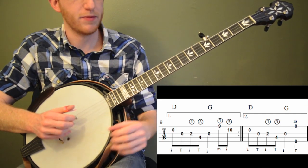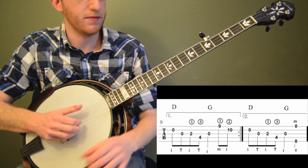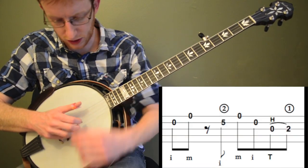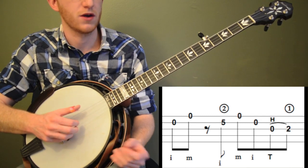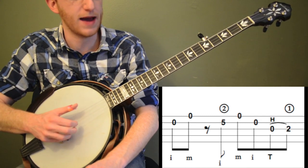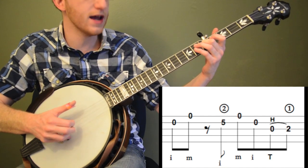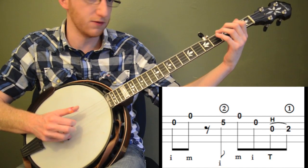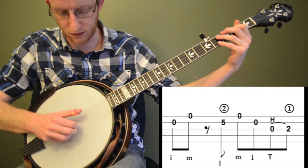Okay, so let me break that part down. Again, it's probably easier to play than explain. So starting with measure 8. We're going to start with our index and middle on the thumb, and we're going to do kind of a syncopated roll. So this is, again, good practice for your time, and we're going to go 1 and 2 and 3 and then we do a hammer on open to 2 on the 3rd string and use our thumb,